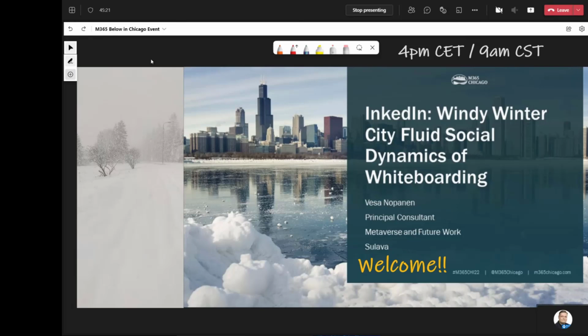This session is, of course, all about windy winter and whiteboarding. No, we are not going to go to the board and slide down hills or anything like that. But I will be talking to you for almost 50 minutes about Microsoft Whiteboard and how you can use that in Teams and what cool things you can find there, and especially how you can work there together with other